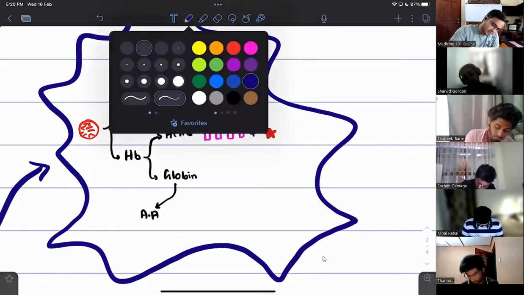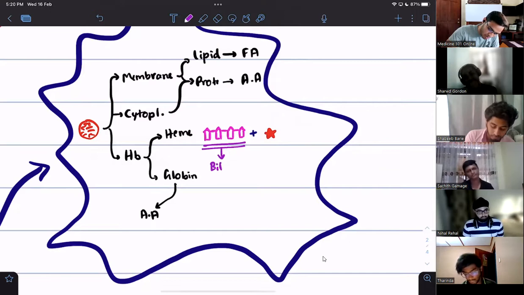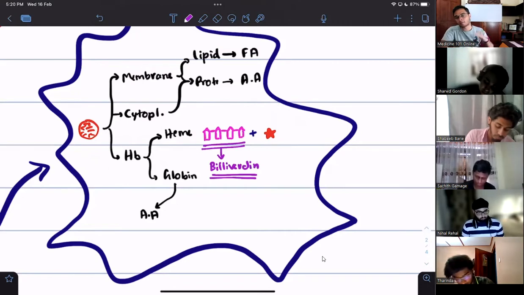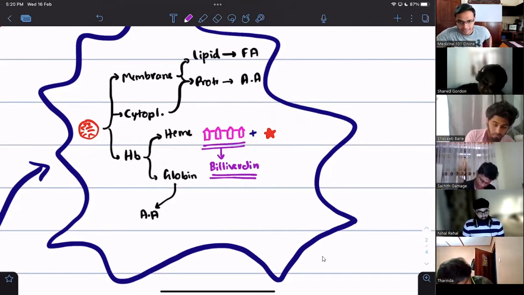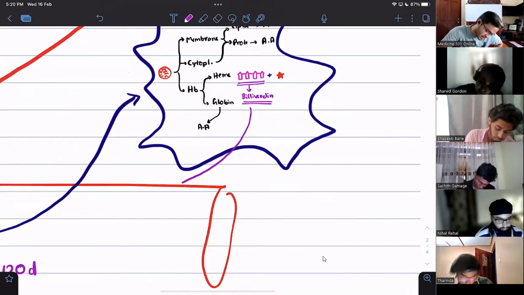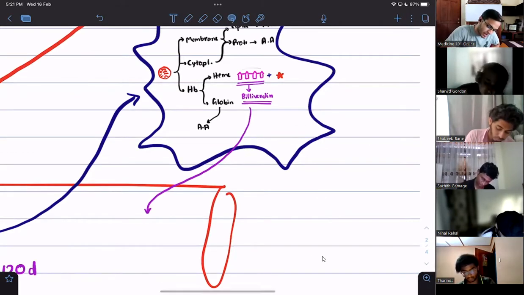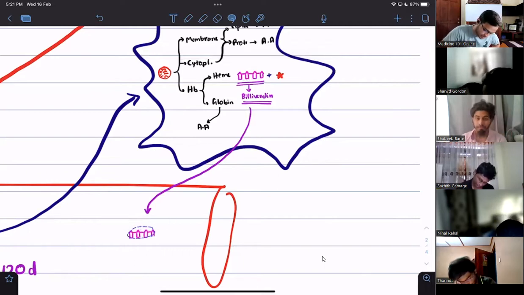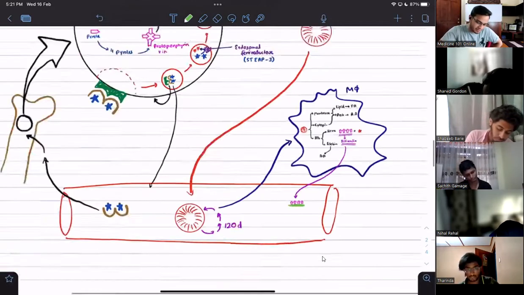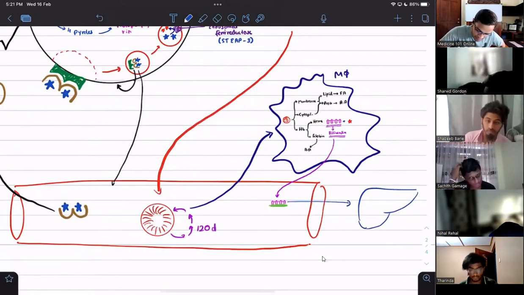Before that, look at this pyrrole structure, guys. This structure is what we now call biliverdin, the opened up pyrrole ring. This is what we call biliverdin. This one, you all already know what happens. Biliverdin is put back into the blood, where it will be taken by special transporters. We'll put a transporter here. And where will it go to? It will go to the liver.